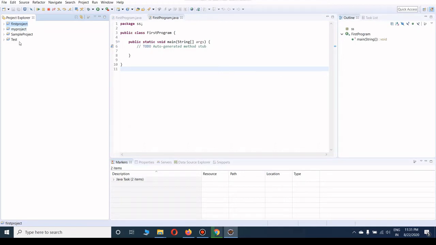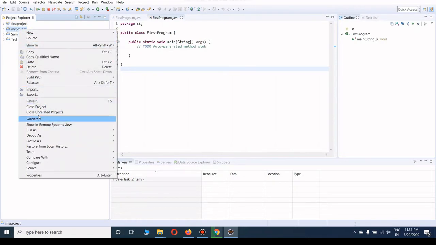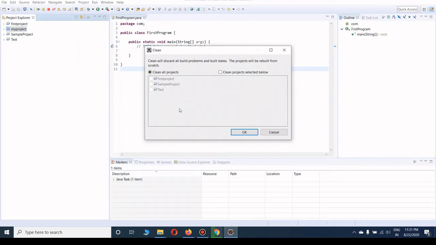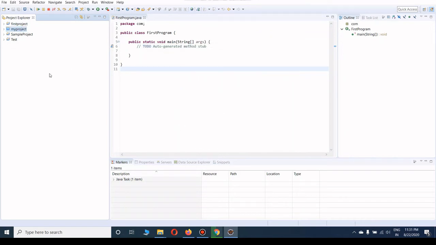How to close this project? Just right click on this project and click on Close Project. When you click on Close Project, see the icon has changed. Now the project is closed. You cannot edit the files in this project. Also, there is no dependency between these open projects and the closed projects. One more benefit is that when you clean all the projects in the Project Explorer, you can see that the closed project has gone from this list. Actually, there are a lot of benefits to closing a project, but this is one of the major ones. And if you want to clean a particular project, you can select this option and clean just that project. So this is how we can close the project.